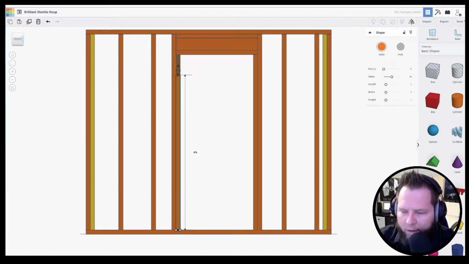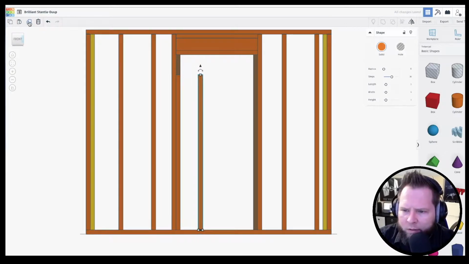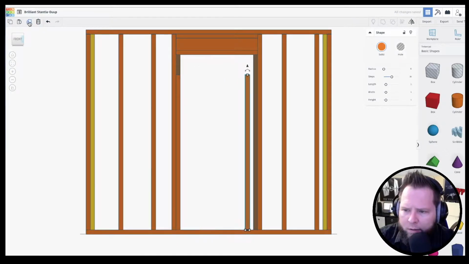4.75. Yeah, that would be the top of my window. I'm going to make my life easier. Delete this, select this one and duplicate it. Let's duplicate right there. And then I'm going to move it over. All right. Now